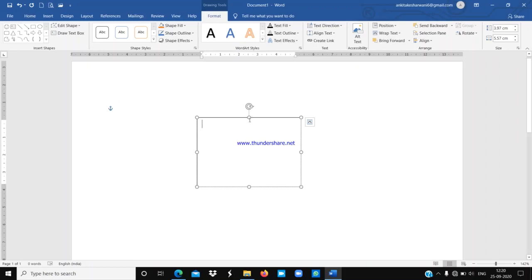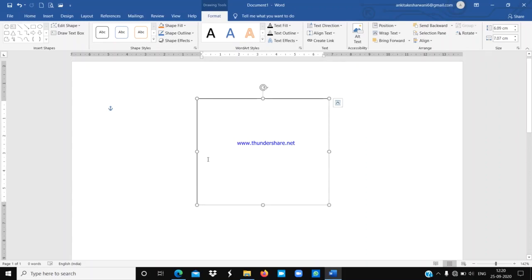You can resize the text box by dragging its handles. You can see we have 1, 2, 3, 4, 5, 6, 7 and 8 handles present at the edges and corners of the shape, and by dragging these handles you can resize your text box according to your need. Understood everyone? Type the text, and it automatically adjusts and shifts to the next line with respect to the box area. Is it clear for you students?